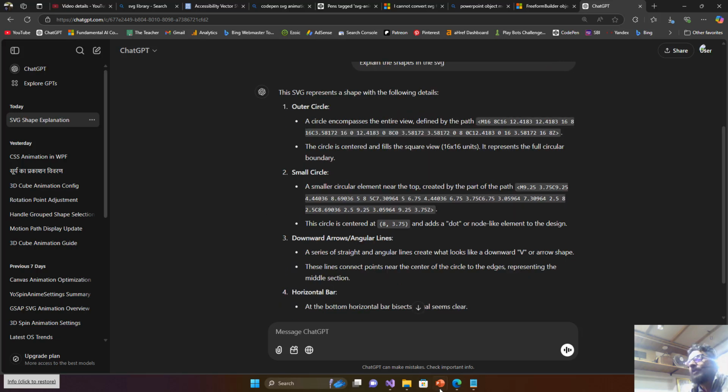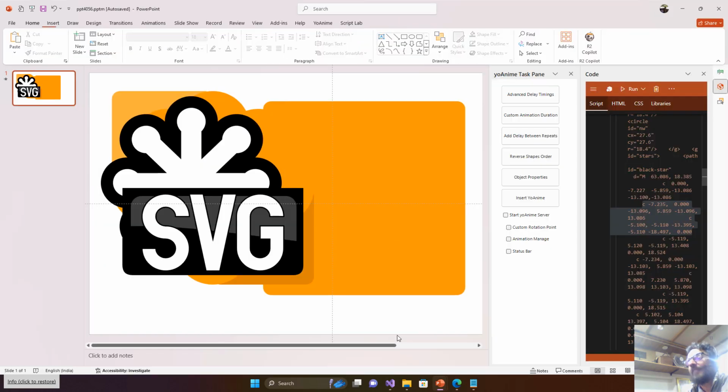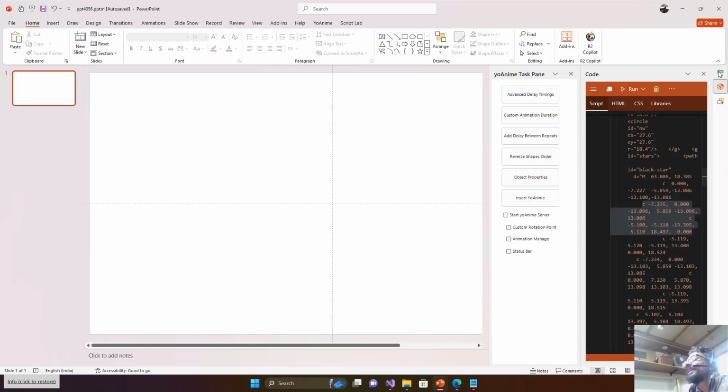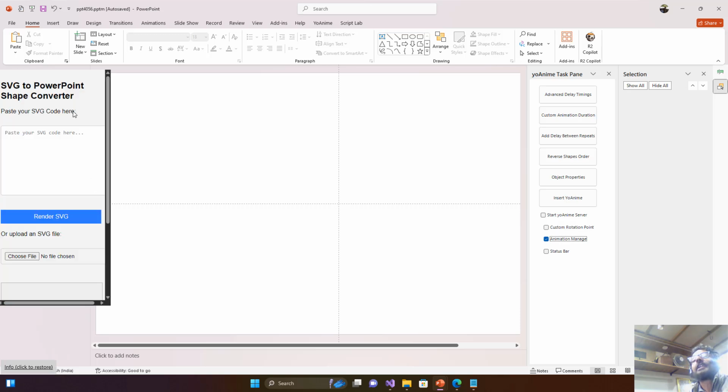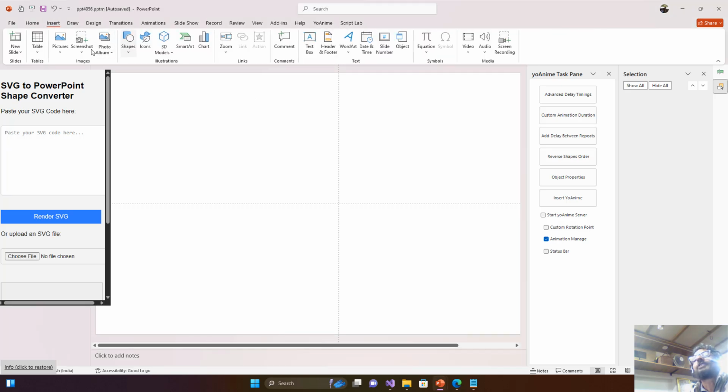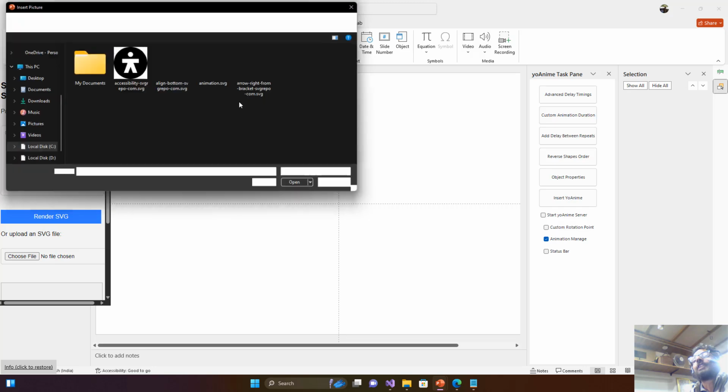So now let's move back to PowerPoint, and let me delete all of these and close this as well. And let me show you the animation manager inside my add-in, and here I have loaded an HTML file on which I am trying to build a logic that will interpret the SVG motion path data into PowerPoint freeform shape builder. And before showing you an example here, let me insert that SVG that we have just downloaded, and